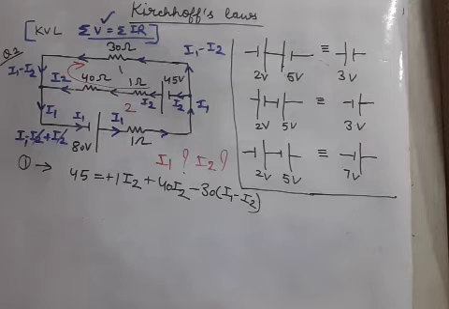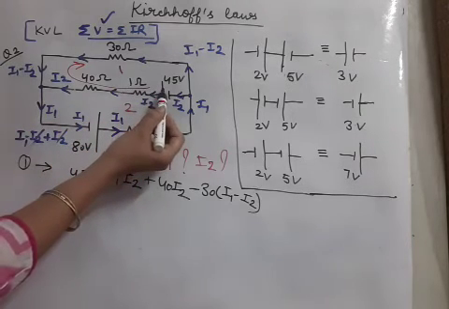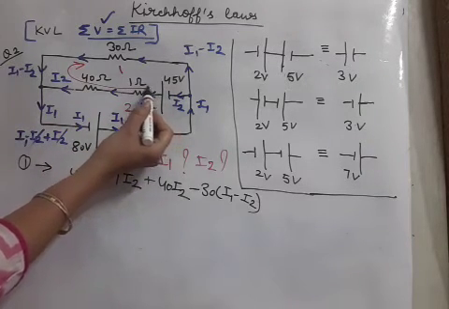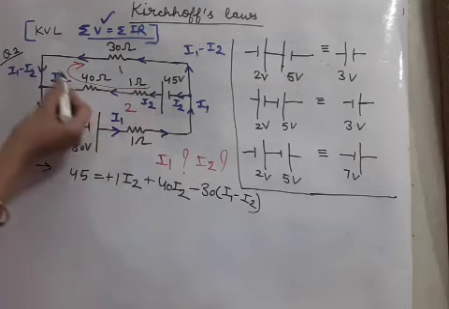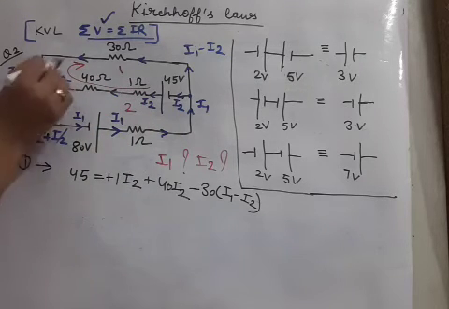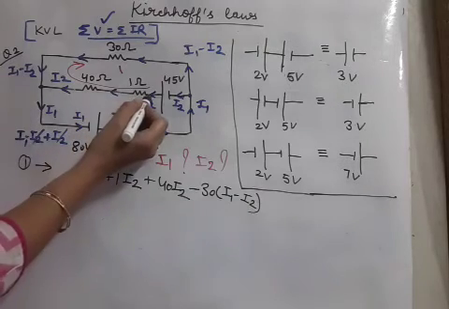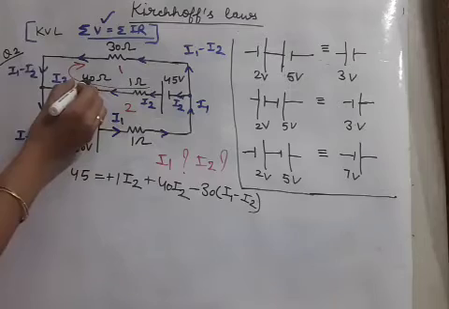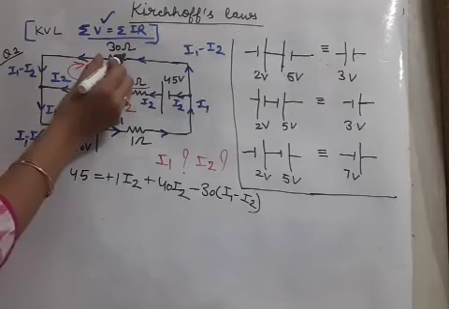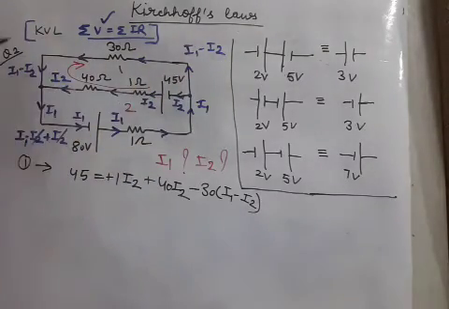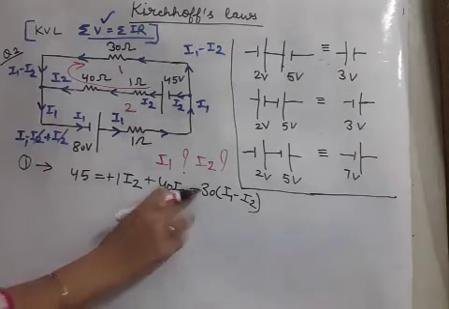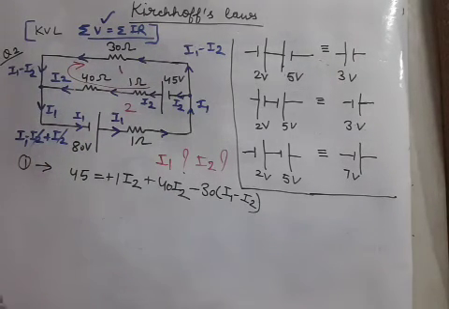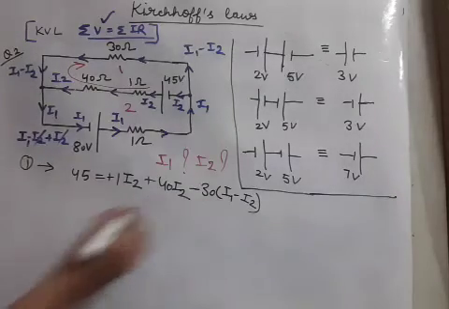So to make you understand where we apply the minus sign, I have taken this question. So I think you have understood. I'll again repeat. From the positive of the battery in that loop, we have to draw a direction, and only this direction is positive. Whichever comes opposite to it, that is negative. So I2 is same, that means current of 1 ohm and 40 ohm is same, and the current of 30 ohm is coming here, but we have to go there. So that is opposite, that's why we have to put here a minus sign. So for loop number 1, we have solved the KVL equation.